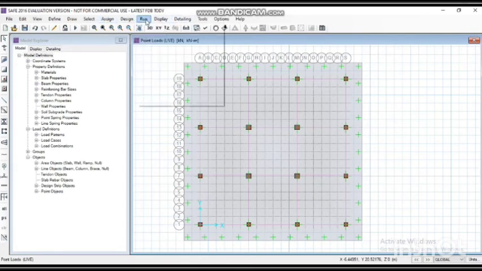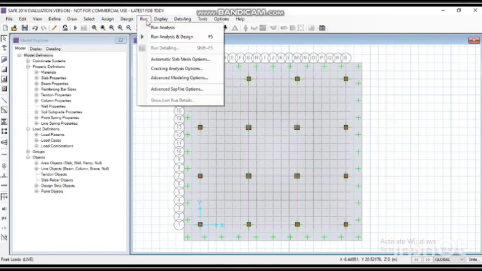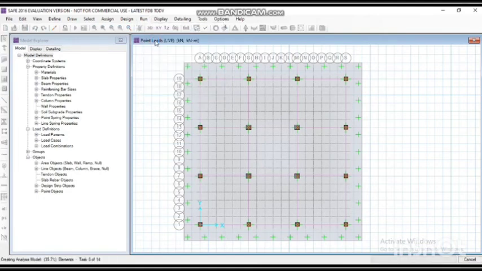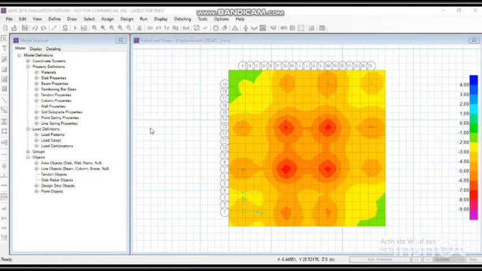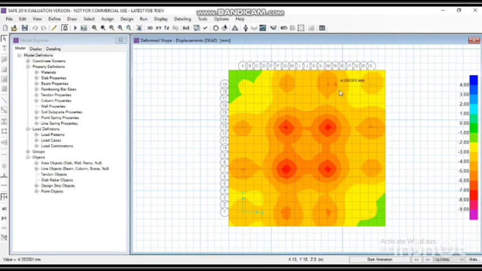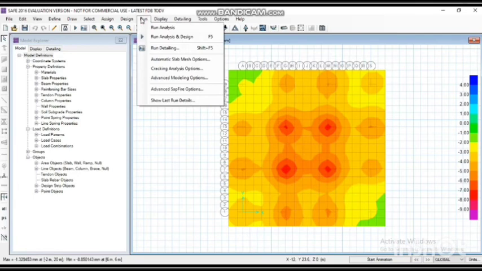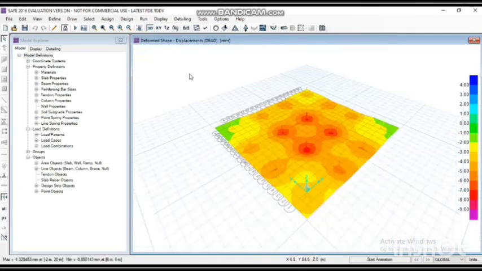Then go to the run and click on run analysis and design. Wait while the software runs analysis on your building. These are the analysis results. Now go to the run and again select run analysis.